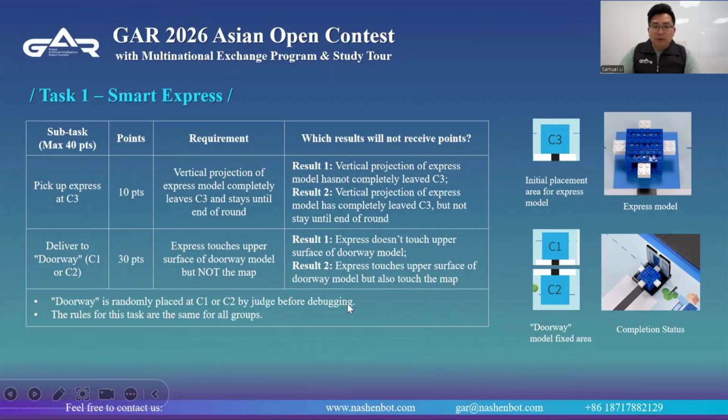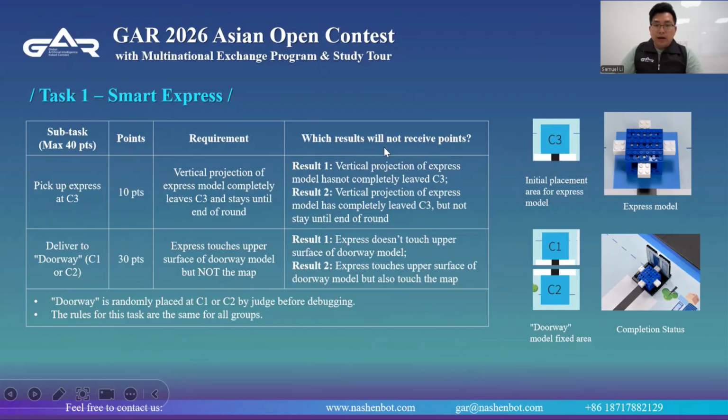The judge confirms before debugging which one you need to put the express model on. The express model must touch the upper surface of the doorway model, but not the map. This task is the same for all groups.